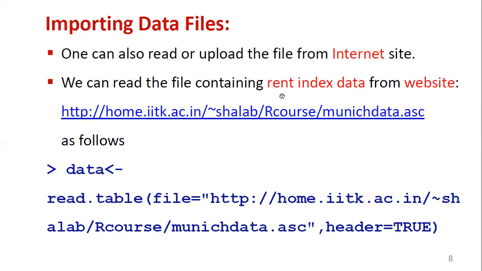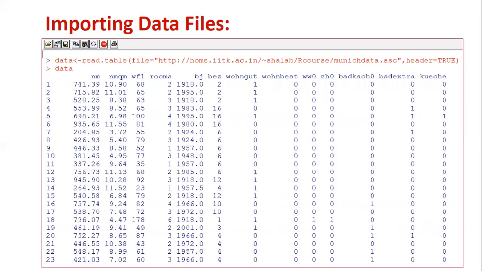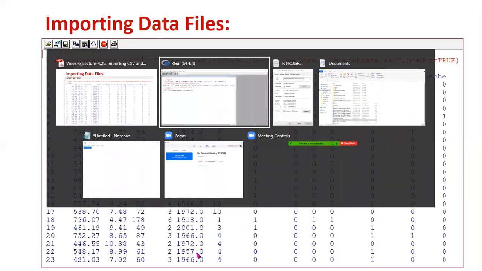Now you can work with that data. You can do some manipulations. Here you can see, after running this command, the data from this internet site is imported to the variable data. Whenever you call data, this is the database. There are different column names, variables with different data types. Serial number, the row number, is also there.